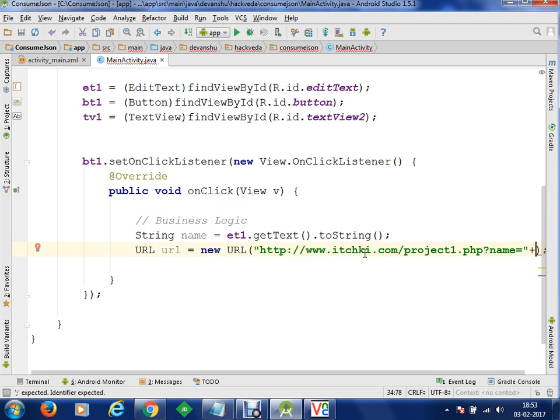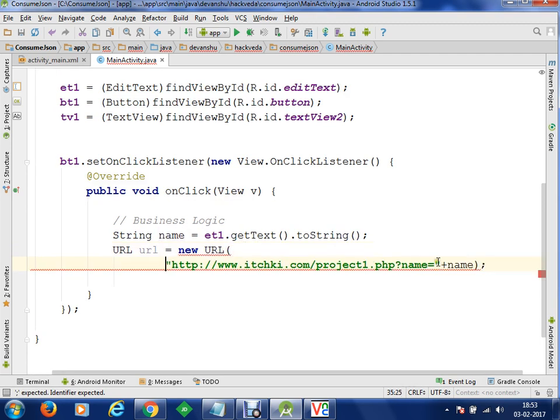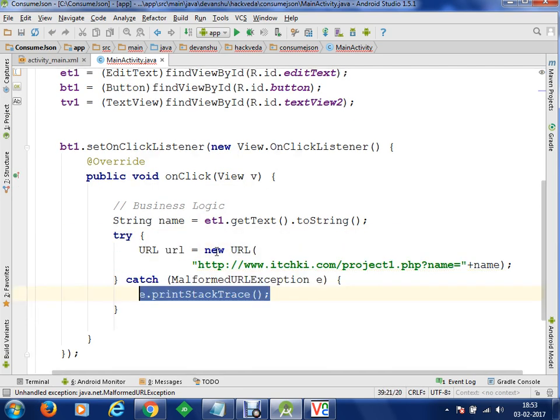Now, I've created a new URL, and I have to handle MalformedURLException, so that if the URL is malformed, we get an exception and our application won't force close.